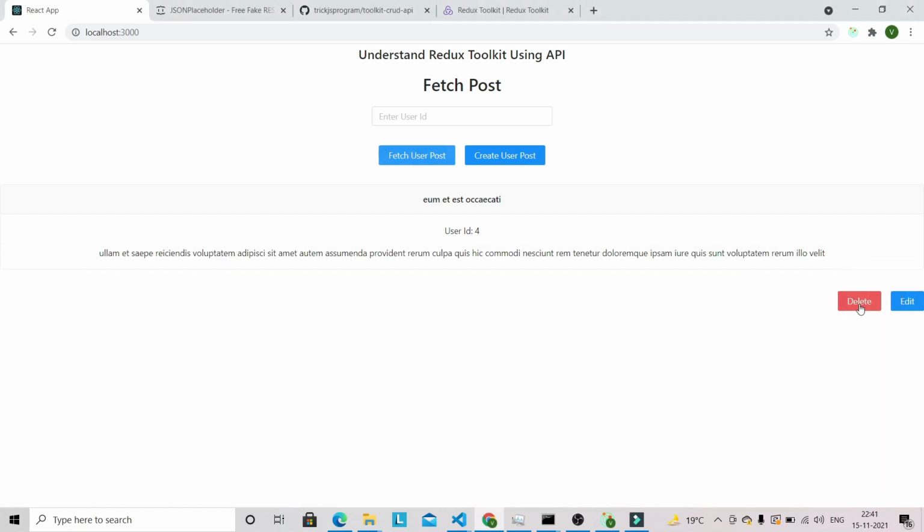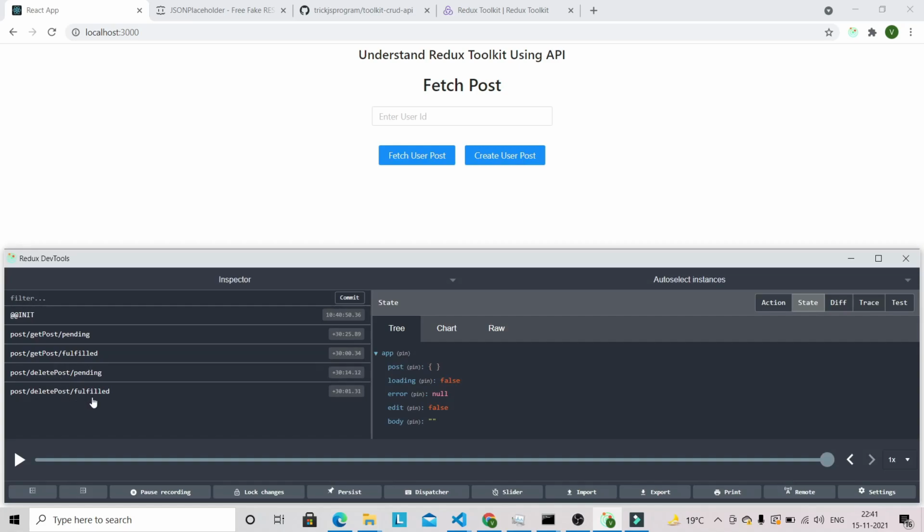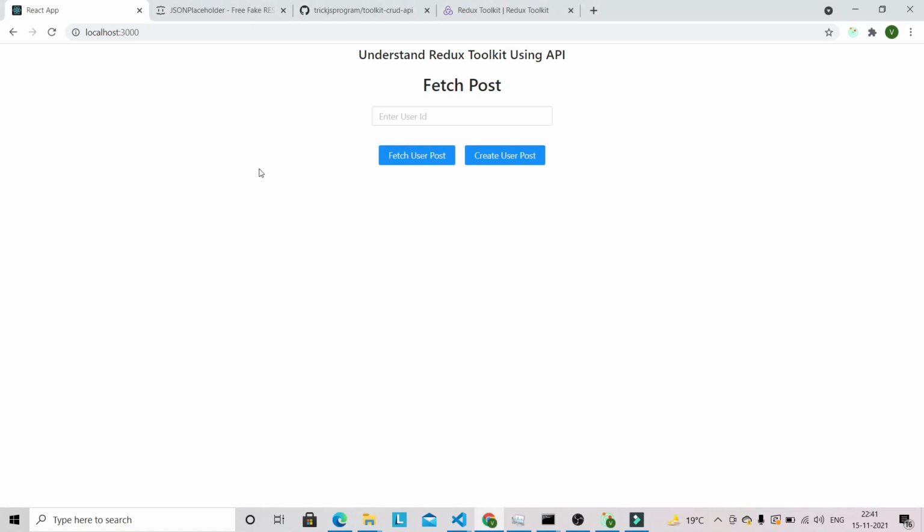And if you delete, likewise we will have a different action type for each operation, that is read, create, update and delete. So this is the application that we are going to work on in this video, in which we will perform all CRUD operations using the JSON placeholder fake API with Redux Toolkit.